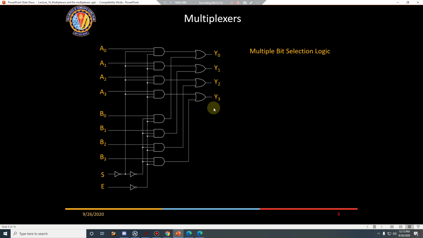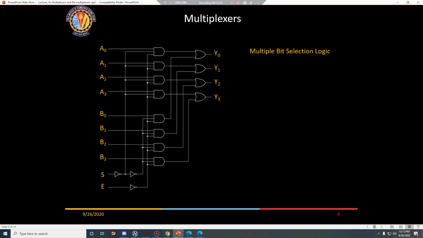Okay, is it okay? Y is equal to A when S is equal to 0, and both A and Y are 4-bit data, right? And similarly, when S is 1, you will find 0 here. If it's 0, all these gates will get disabled and all the bottom 4 gates are going to get enabled. So now Y is equal to B. Again, B and Y are 4-bit data. So this is also multiplexing. Earlier we saw 1-bit multiplexing. This is a circuit in which each input and output is 4-bit data. Is it okay till here, everybody?